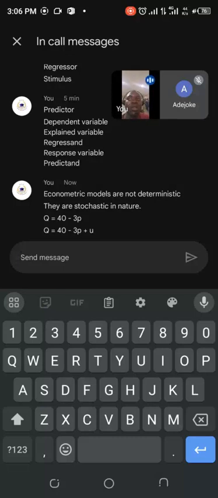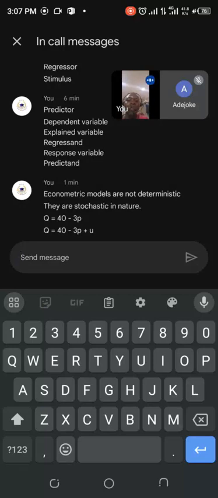If my income is increased by 10,000, normally we should buy more of a particular good, like a normal good. But the way we respond differs: you may buy more, I may not buy more. In fact, I may save all my money, right? So at the end of the day, the equation will not be a perfect equation. That's what we are saying, because you are trying to find the average of different kinds of behaviors. So it's not going to be a perfect thing. The imperfection is what is being captured in the error term.